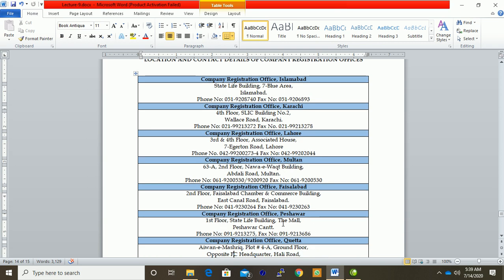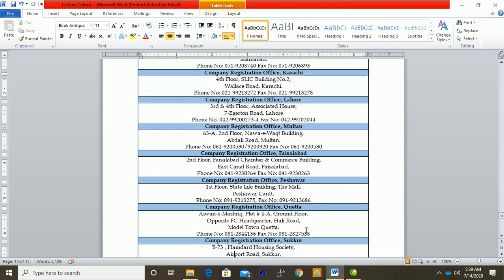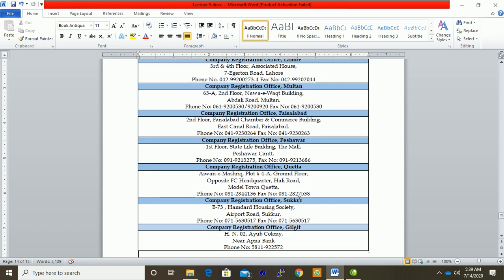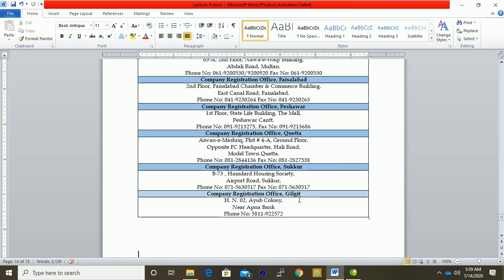First floor, State Life Building, Peshawar Cantt. So you can go and register, and if you wish to get some information, you can collect the information from this zonal office. Similarly, in Quetta, Sukkur, and Gilgit.